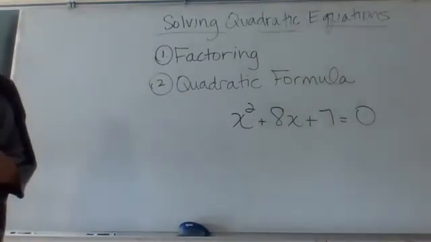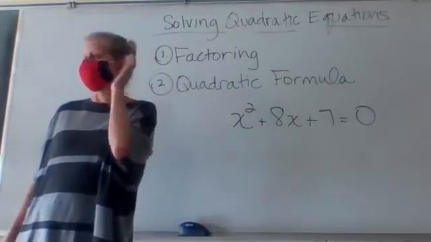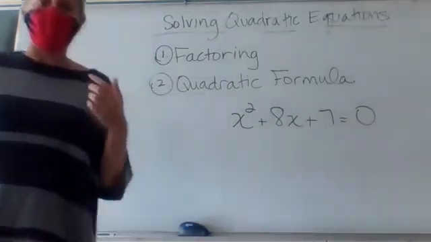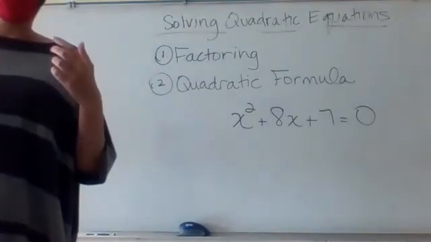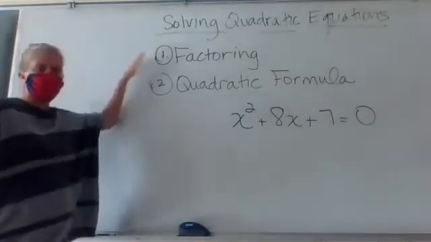You're still solving for x, but you're going to get two answers instead of just one in a quadratic equation. Okay, so one of the ways that we're going to do first, which is by factoring,